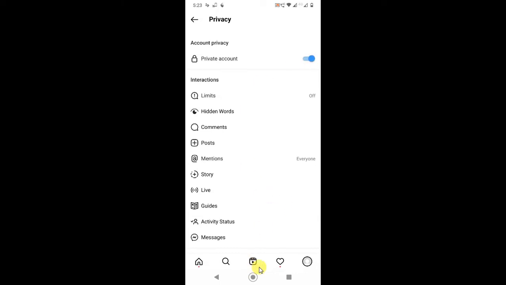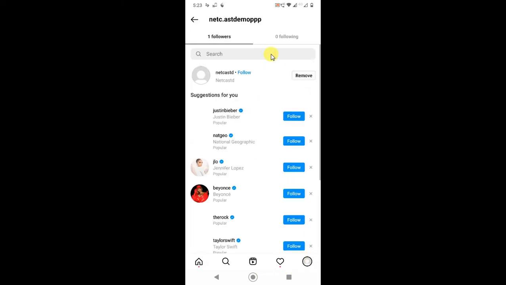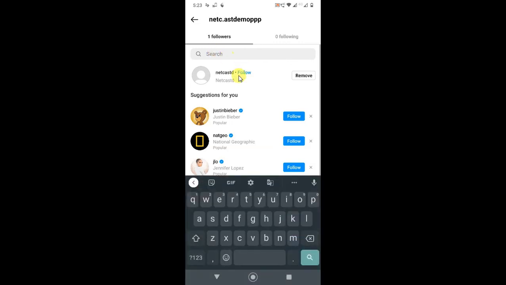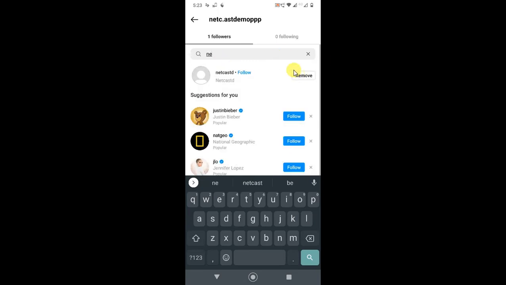But if there is somebody you don't want to see your followers, then you have to go on your followers. Okay, you can search for the person from here. I have only one follower. Just search the name from here, and you have to remove them from your list. Okay, because if somebody follows you, they are able to